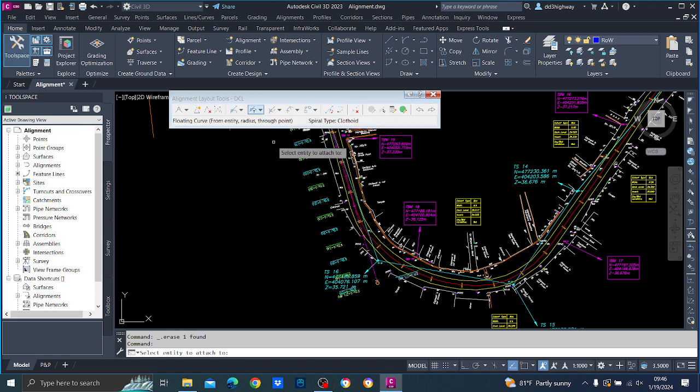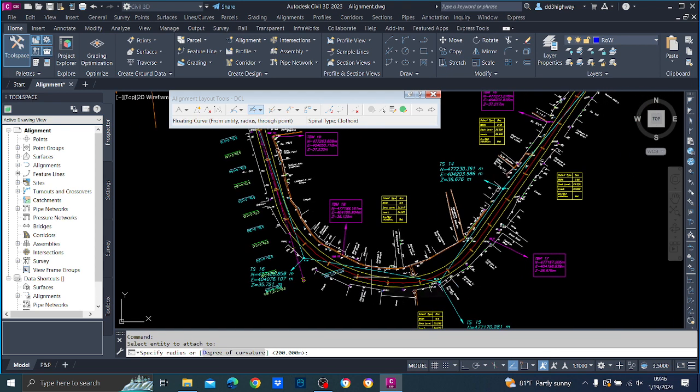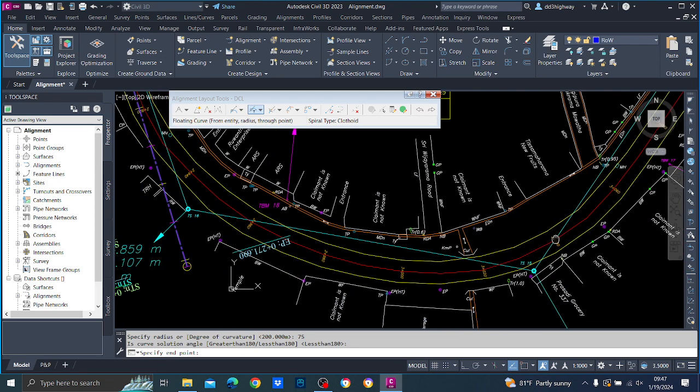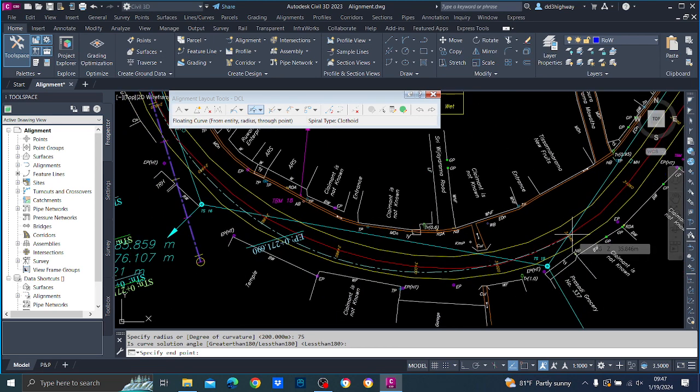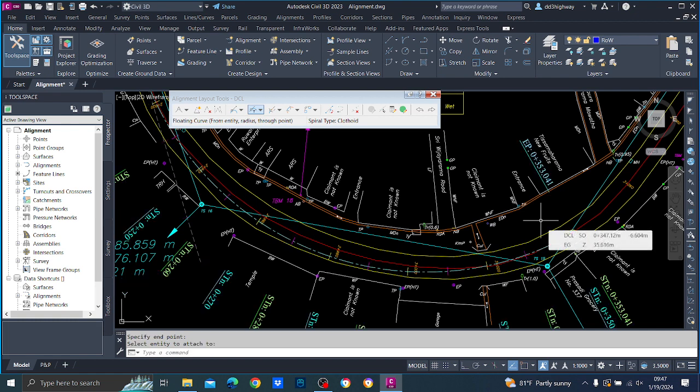Floating curve. Select entity to attach to. Then radius 75. Lesser than 180. Now look how it comes. Now 75 is lesser, you can see. If I put it this way, it is lesser. But we'll put it this way and try to change it. Right click means enter, right? And then what you can do is you can see the properties. Here can you see pick sub entity,